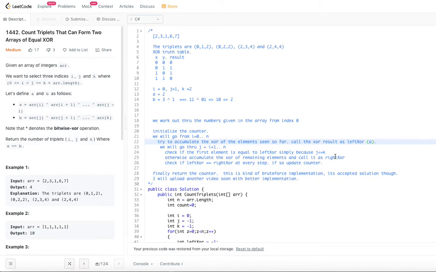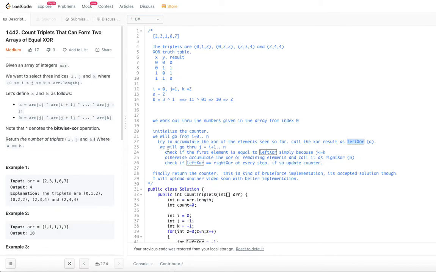And I have a right XOR similarly, which is B. So left XOR is A and right XOR is B. I just named it for better understandability. While we accumulate the XOR for the elements seen so far, we go through the rest of it.